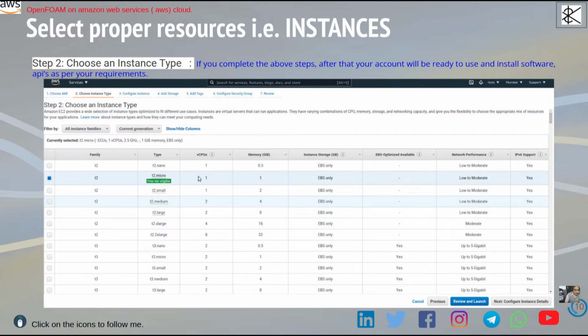And this free tier instance you can use for up to 12 months, but there is a certain limitation of hours: I think 750 hours of computing time, or CPU time, that you can use within the 12 months. So that is the meaning of the free tier here.